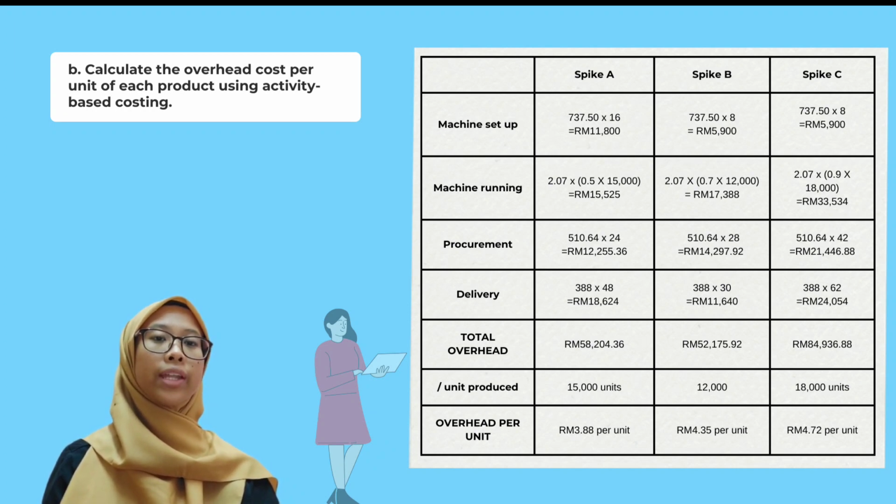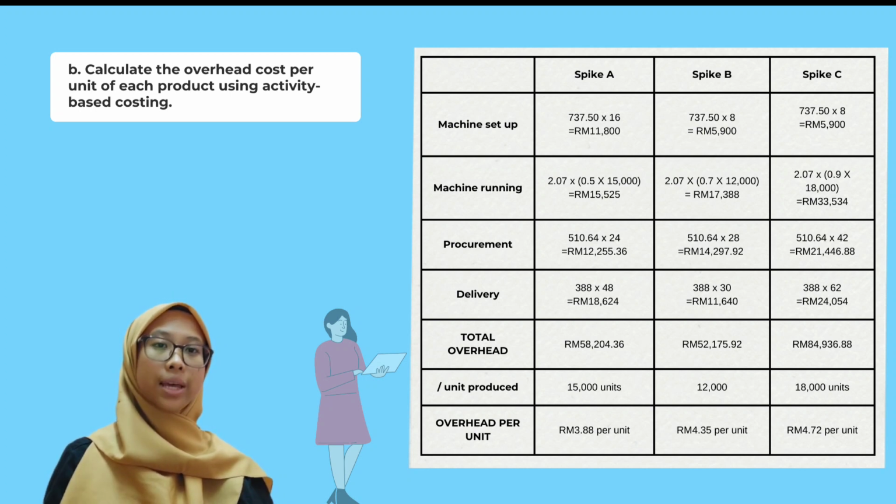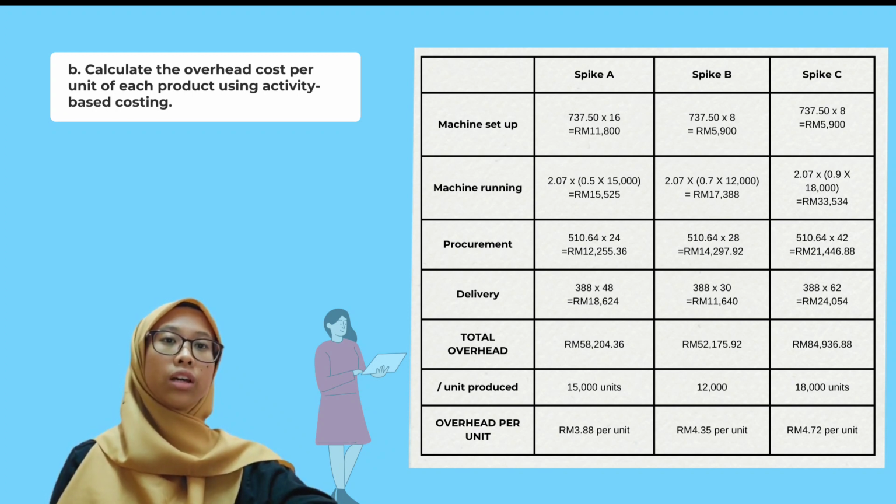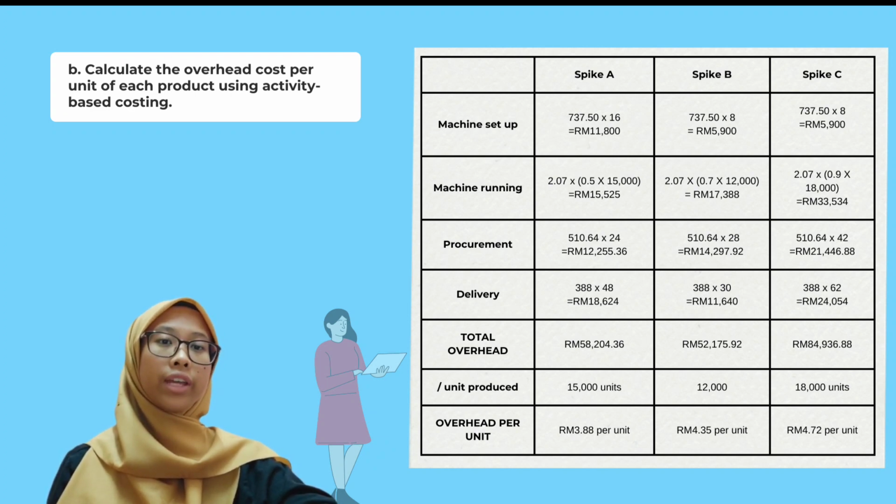84,936 ringgit 88 cent. The last step that we need to do is the total overhead needs to be divided by the units produced by each product to find the overhead cost per unit. As a result, the overhead cost per unit that our group gets for each product is 3 ringgit 88 cent per unit for spike A, 4 ringgit 35 cent per unit for spike B, and 4 ringgit 72 cent per